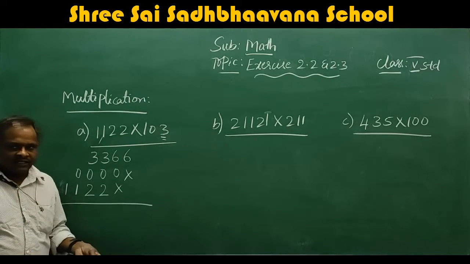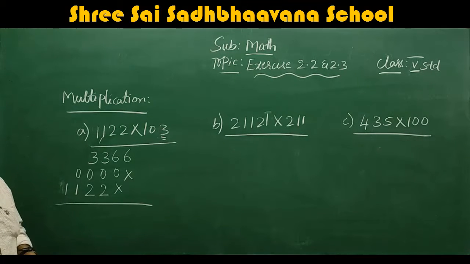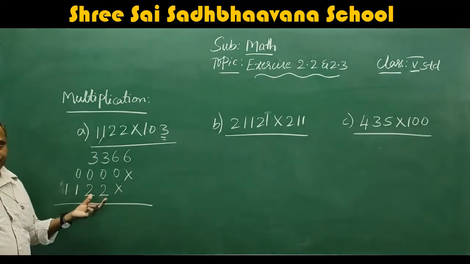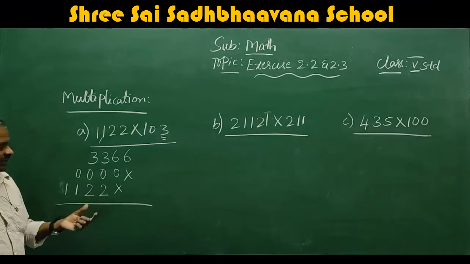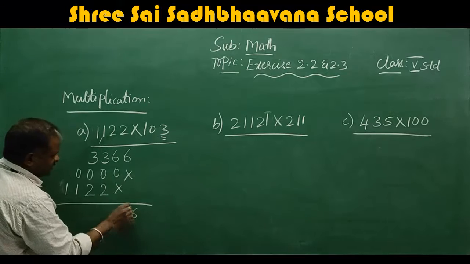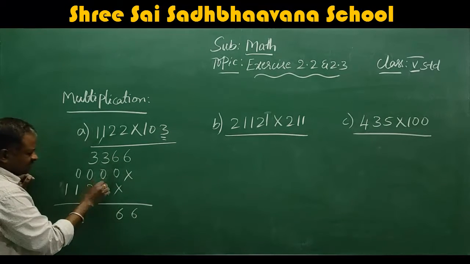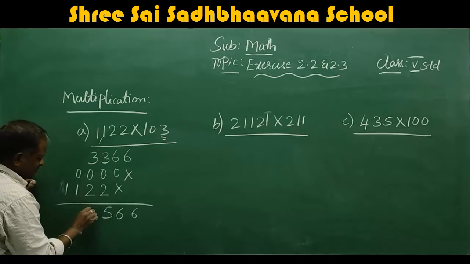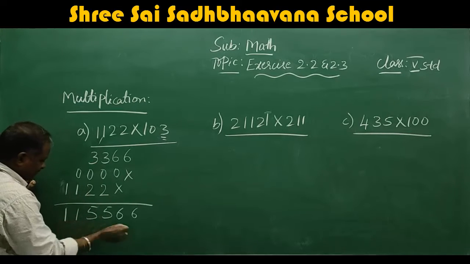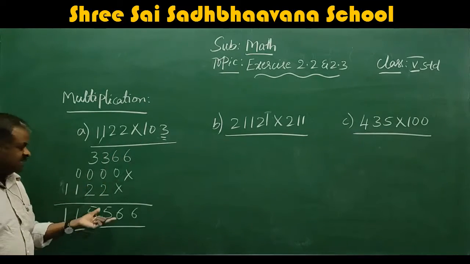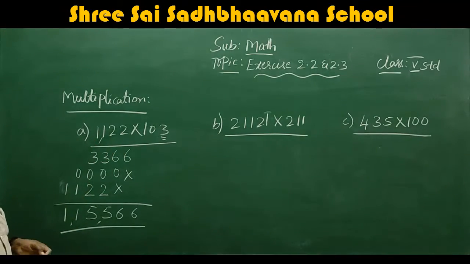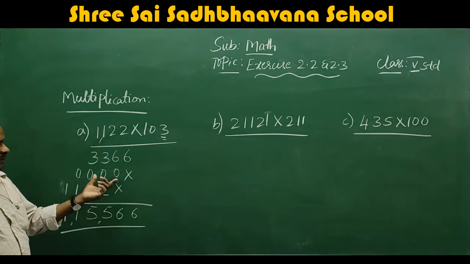Okay, now what do I have to do? Addition or subtraction? Yes, addition, because multiplication is repeated addition, so it is making the addition easy. So add: 6, 6 plus 0 is 6, 3 plus 2 is 5, 3 plus 2 is 5, 1, 1. So here no cross check. If you want to cross check, you have to divide this number by this, and you will get this one. Okay, no need, because it is very simple multiplication.